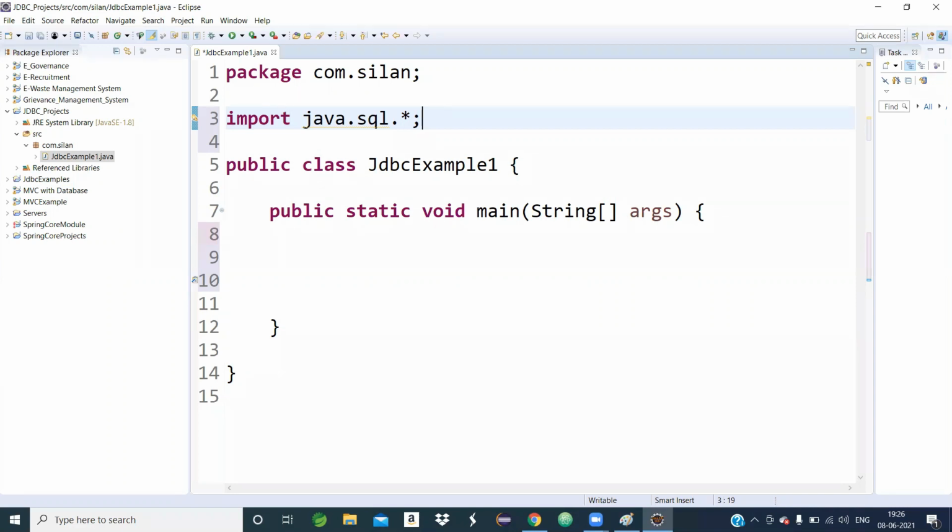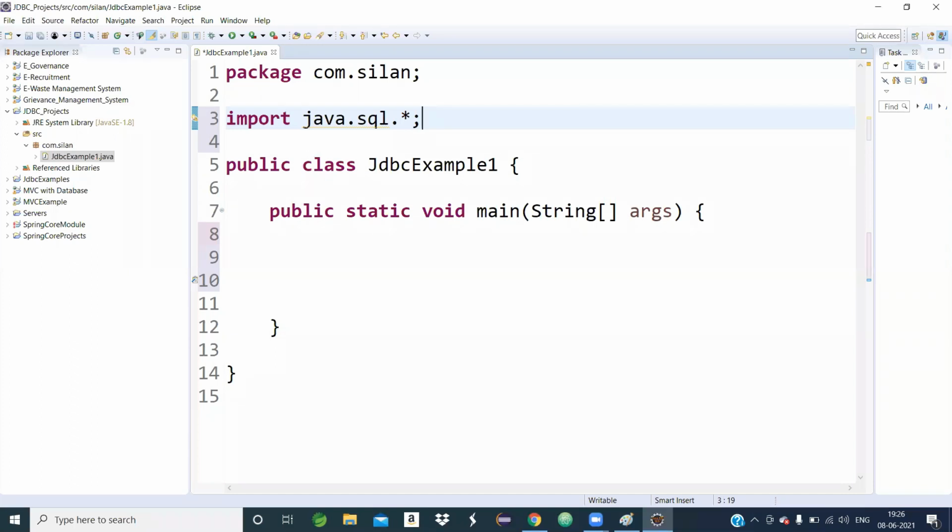So in every JDBC program you develop, you have to import the java.sql package. Clear? This is one point.